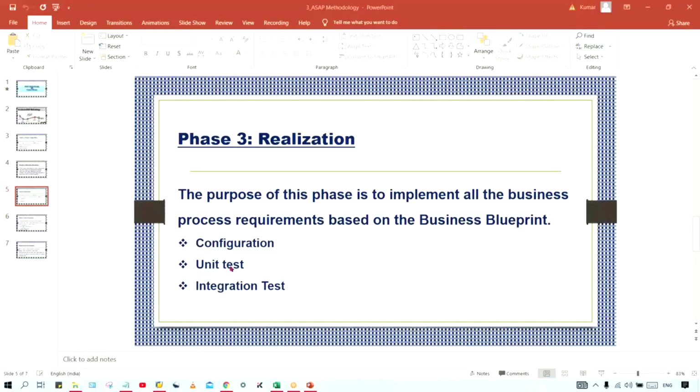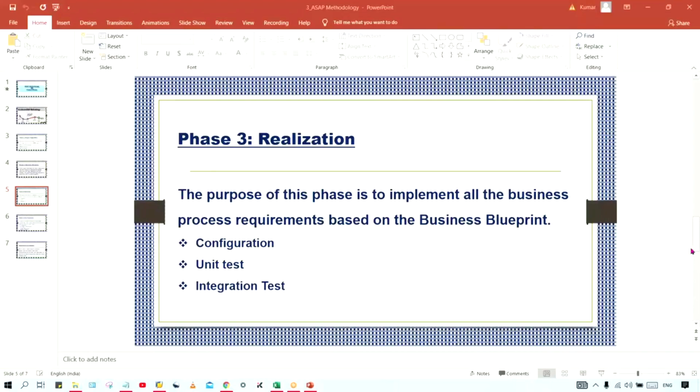After the configurations are done, how will you come to know whether it is working fine or not? For that we have to perform testing, right? But now guys, look here, we have two tests. One is called a unit test and the second one is called an integration test. Is there any difference between those two?